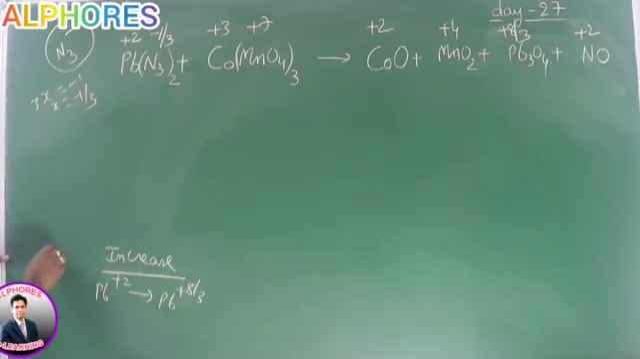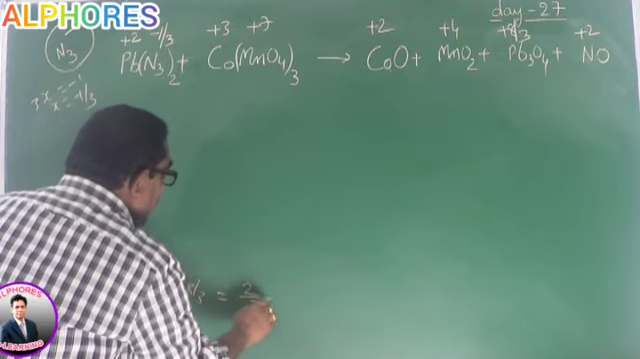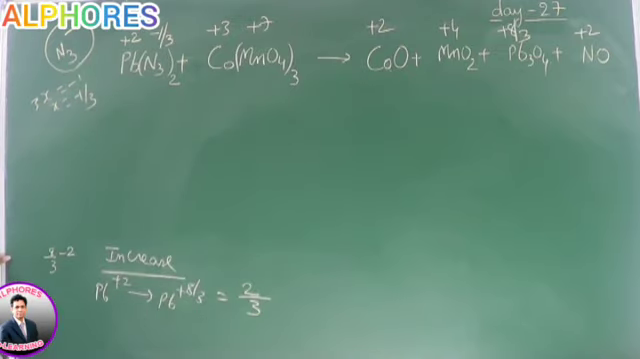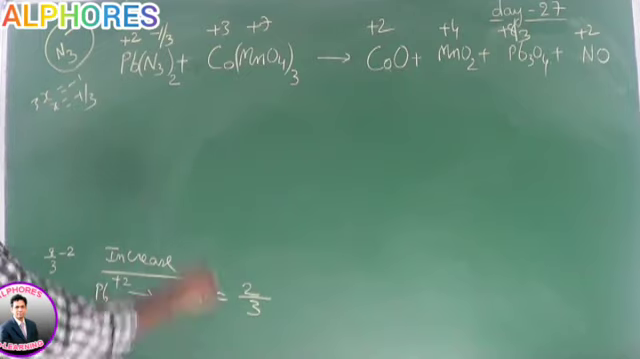8/3. So what is the difference? 8/3 minus 2, that is 2/3. That is the increase in oxidation state of lead. Next,